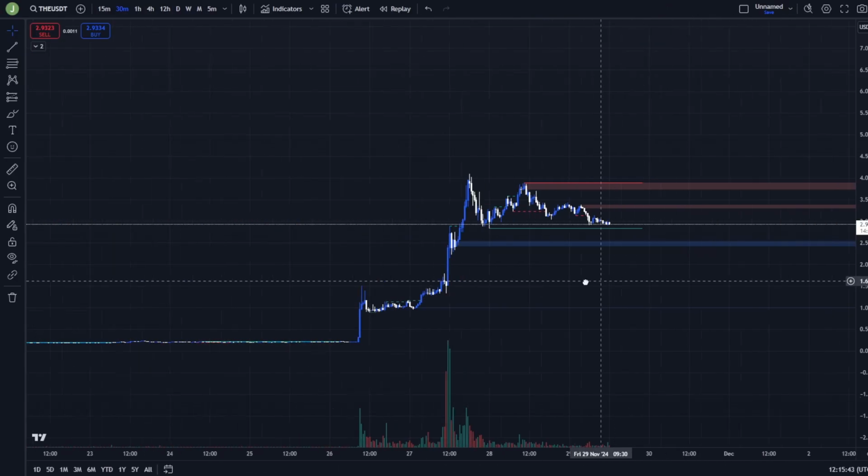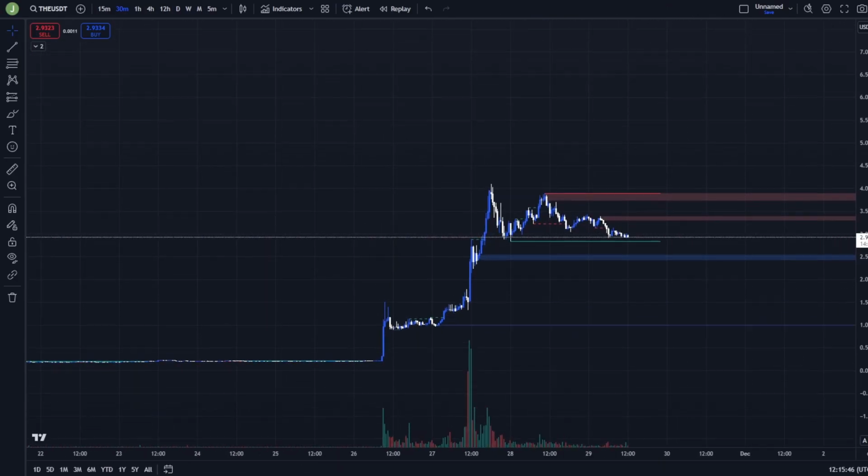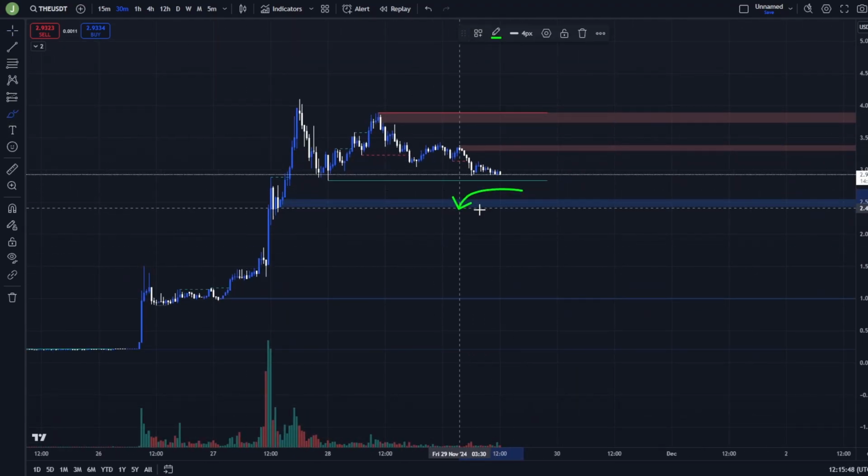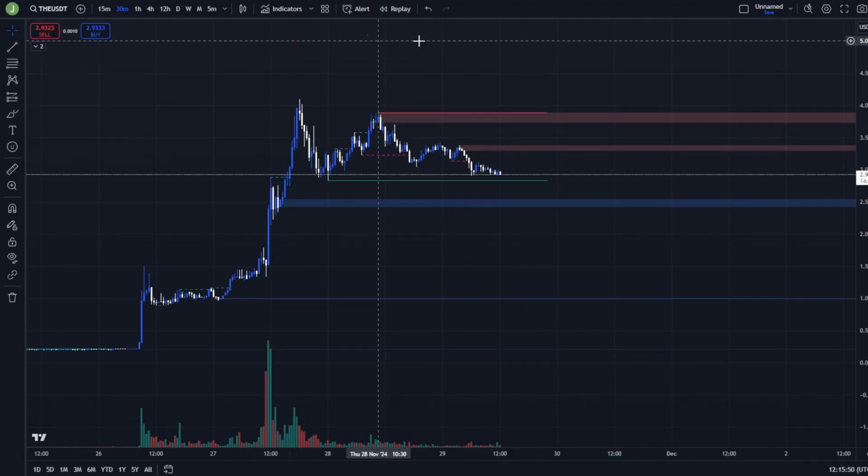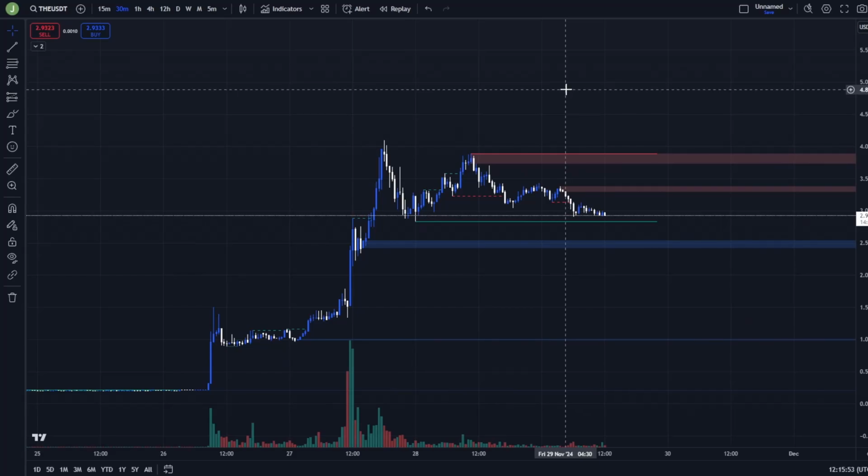To summarize that, right now I am watching this coin really closely because, as I said, we are forming several interesting trading setups. So if any of these setups becomes valid, I will definitely let you know